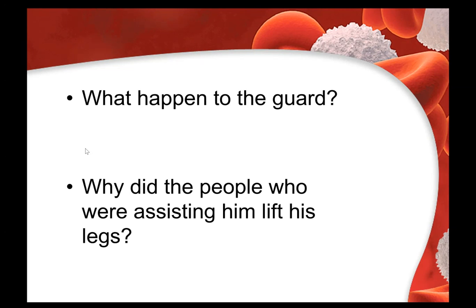Have you tried to answer the questions? What happened to the guy? And why did the people who were assisting him lift up his legs? Okay, in fact, what happened is that when he fainted, all the blood was accumulated at the leg region. So by helping him to lift his legs, it helped to recirculate the blood back to the brain, the head region, so that he got sufficient blood, and he will not faint that